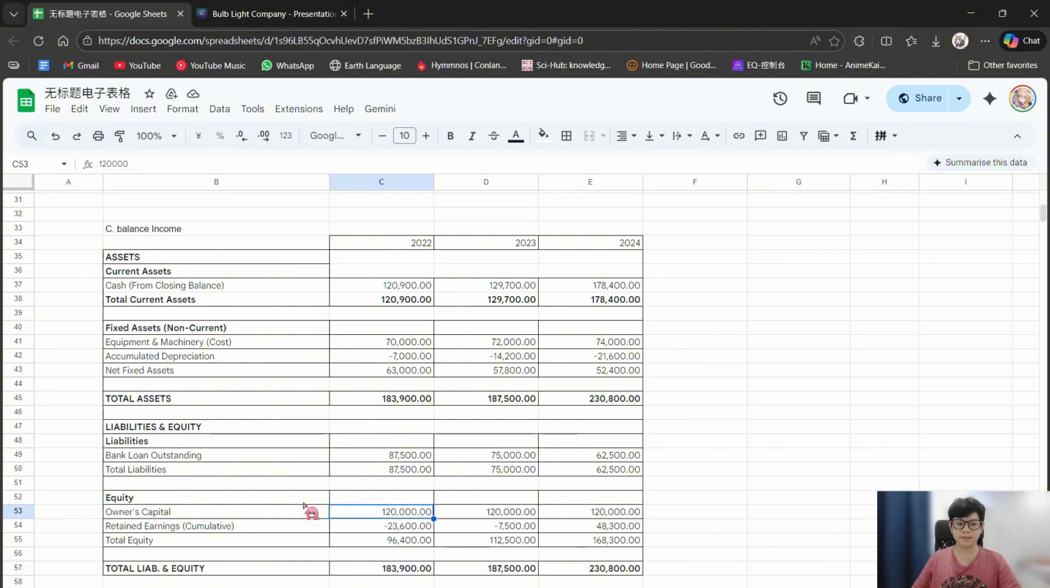120,000. This cash is from the bank loan, and this is our earnings, our profit. In 2022, we saw that our earning is negative. So in 2022, our company is gaining losses instead of profit in the first year. So our total equity is 996,400. In 2023, we have a small gain, a small increment of our current asset, and decrease of the fixed